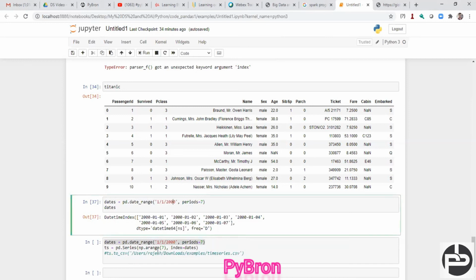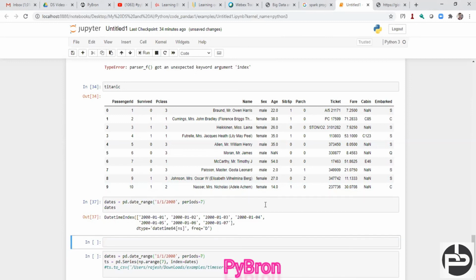Okay, so this is the date, and I'm going to create one series kind of data, and here I am going to use this method, and it will create an index. Suppose I don't give the index, and yes, the series got created.